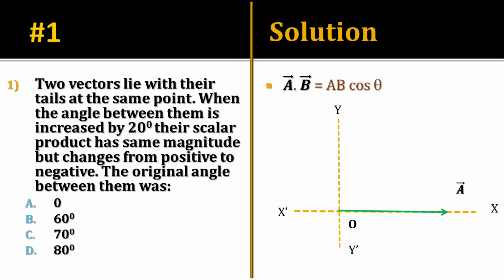So if we verify the result, cos 80 will be positive and cos 100 negative. So we will say that the original angle between A and B is 80 degrees, because cos of 80 degrees and cos of 100 degrees have the same magnitude,